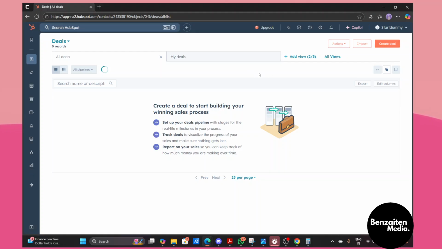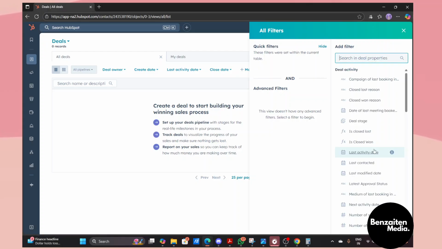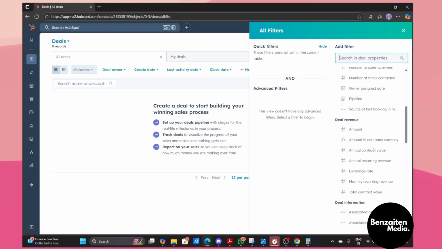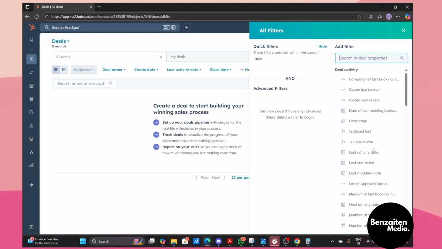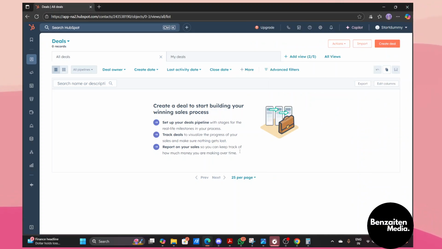You will see the advanced filter option right here. Click on this and here you can see the options like pipeline, deal stage, owner or date range. There are so many options you can export. Then once you are done with all of this, click on the export button at the top right side and